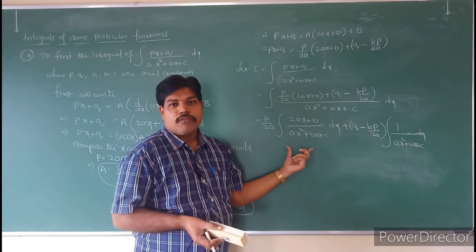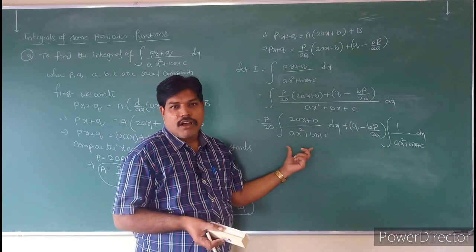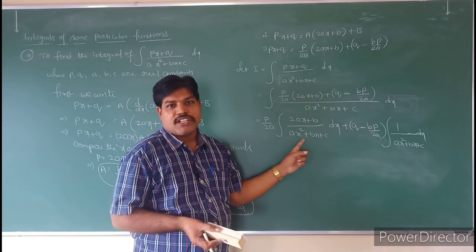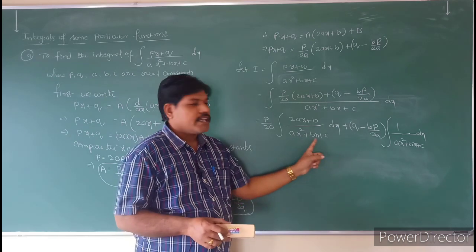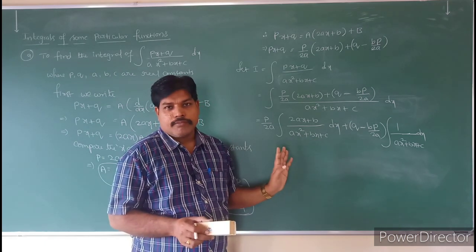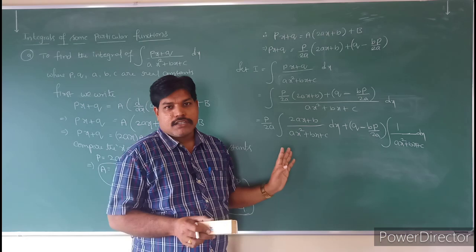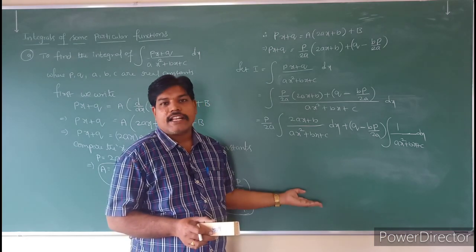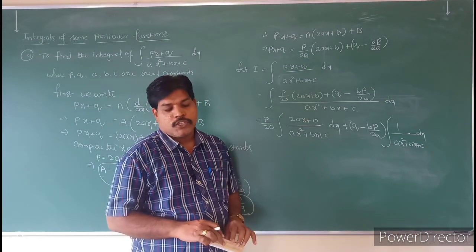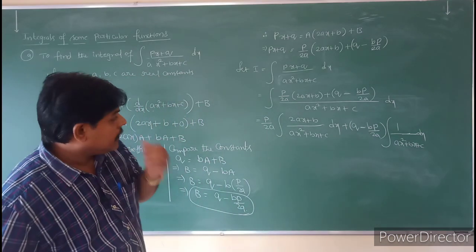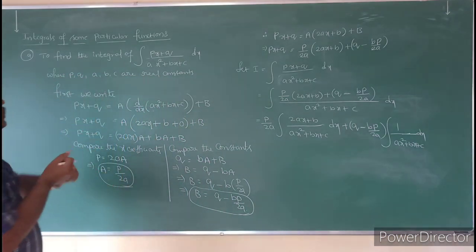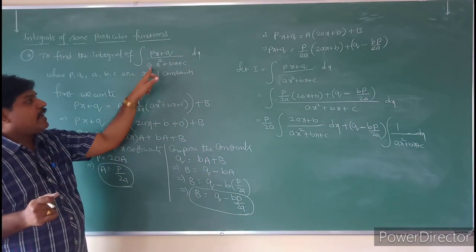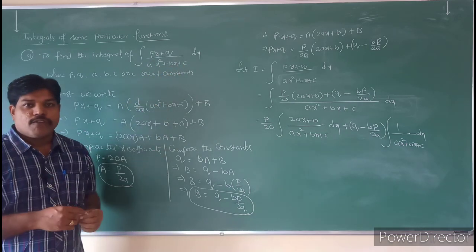So the problem will become the integral of 1 by t. Integral of 1 by t is nothing but log of mod ax square plus bx plus c. Do you understand that? So automatically we can calculate in this model. So see that model, students, once again. If the px plus q by ax square plus bx plus c model is given, what we have to